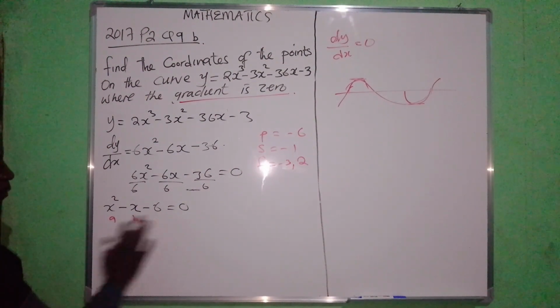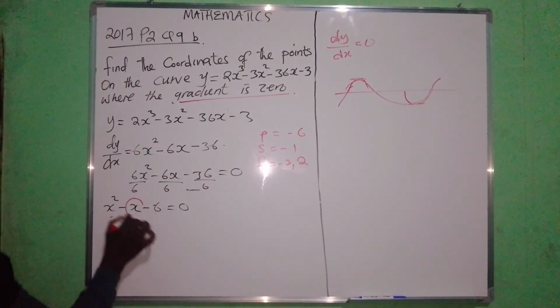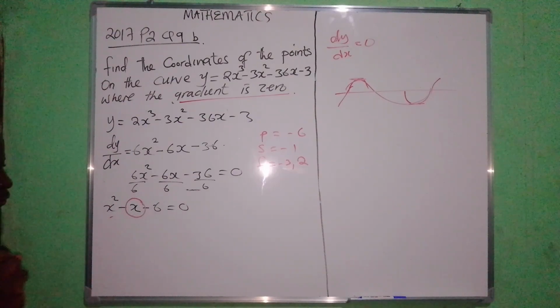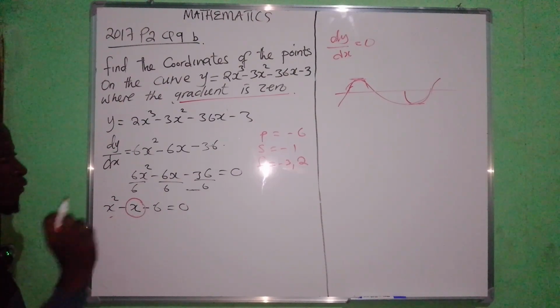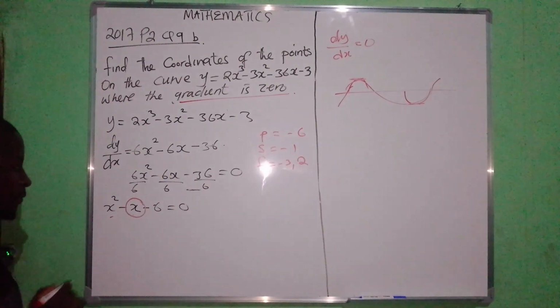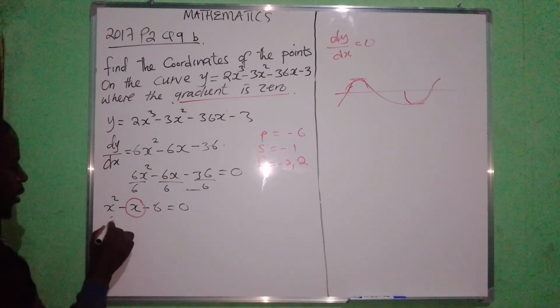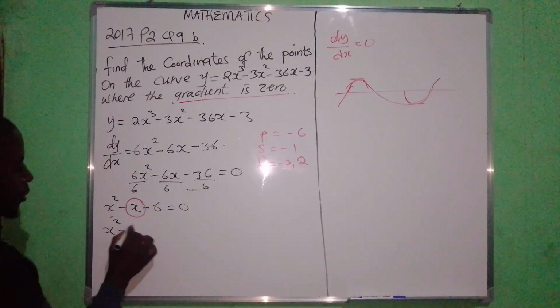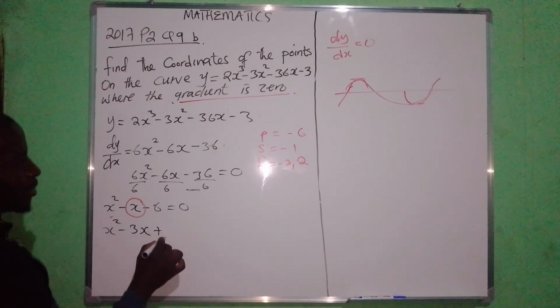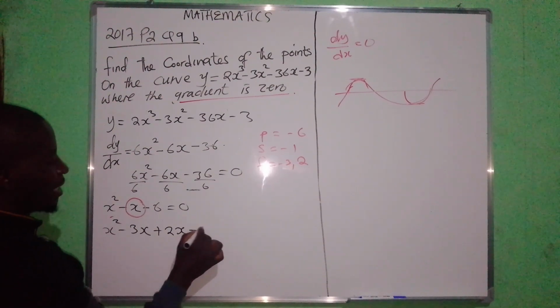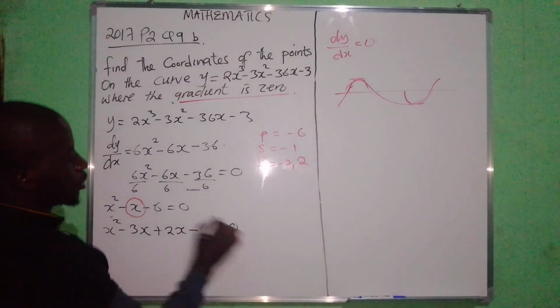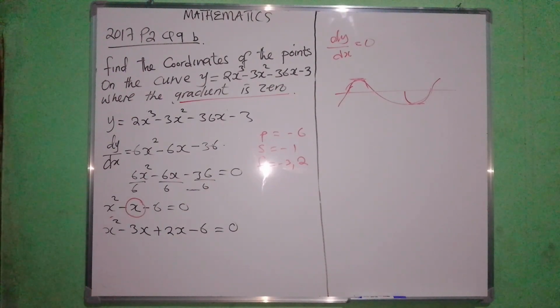Then we fuse them here by getting the value that is actually on the sum. We fuse the two factors. So it will be x squared minus 3x plus 2x minus 6 equates to 0. From there,